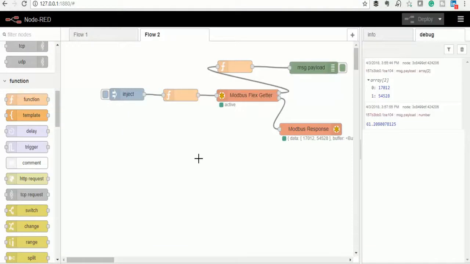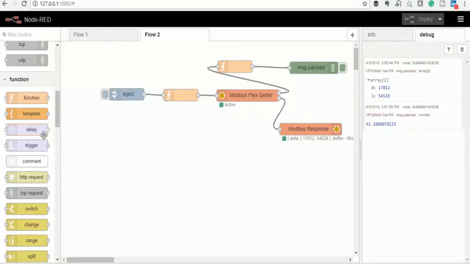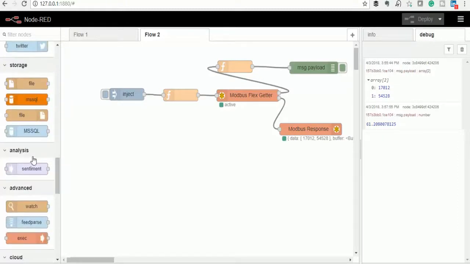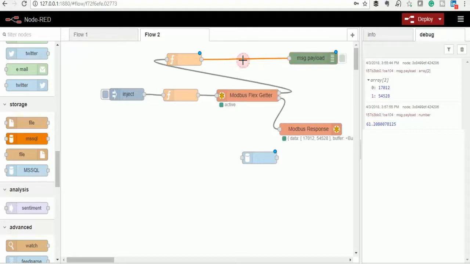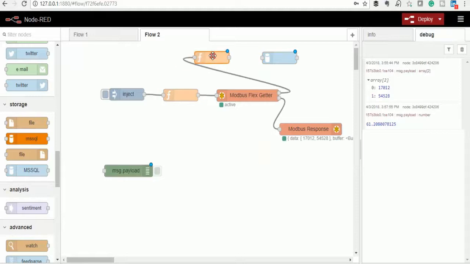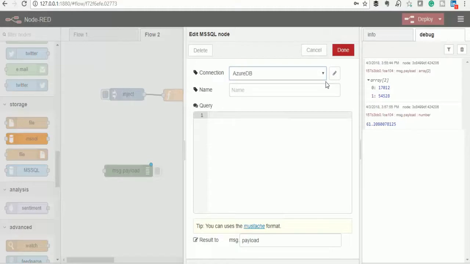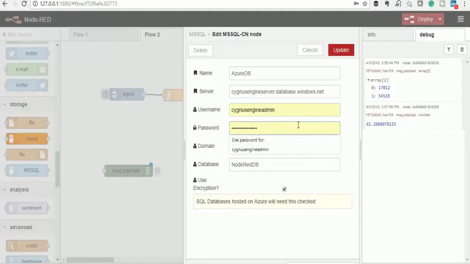Right, so now we go back to our Node-RED, and then we pull up our MS SQL node. So now what we need to do is we take the output of this function, which is our float value, and connect it to our SQL Server node, right. So already it's pre-configured with my credentials, and then our database is Node-RED DB, and then we give it a name, and then this is the server address,